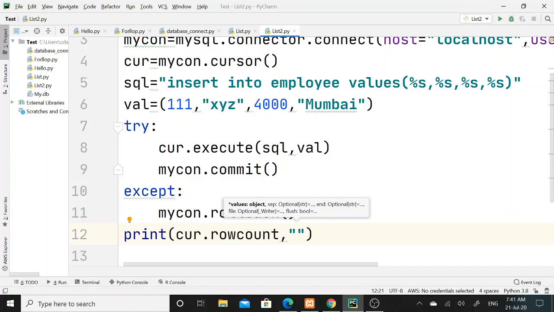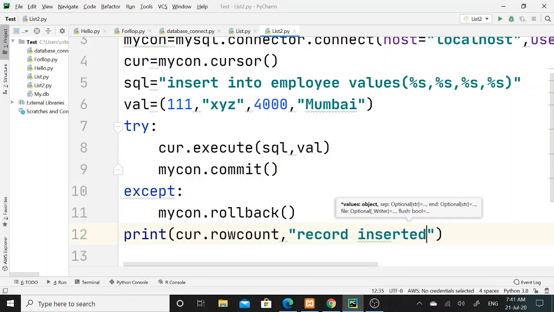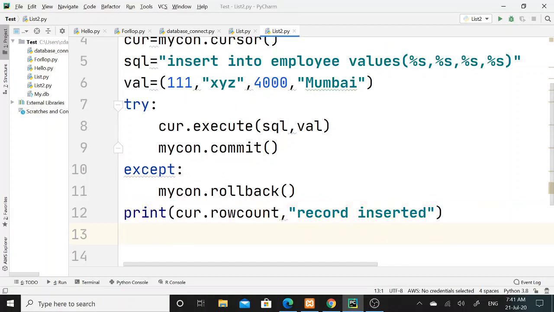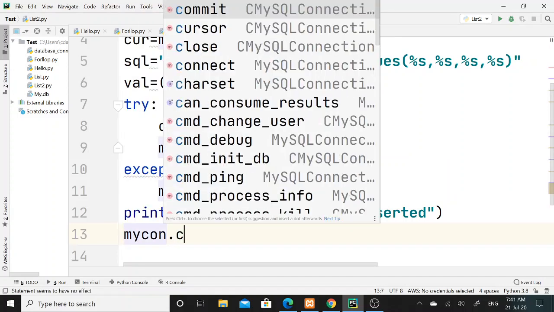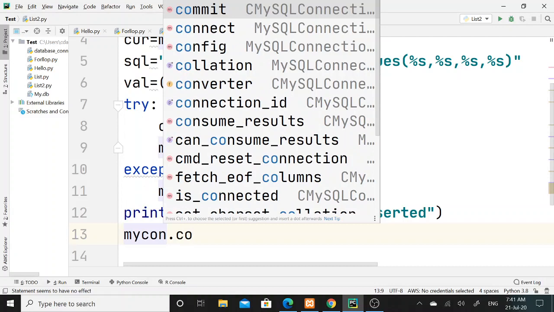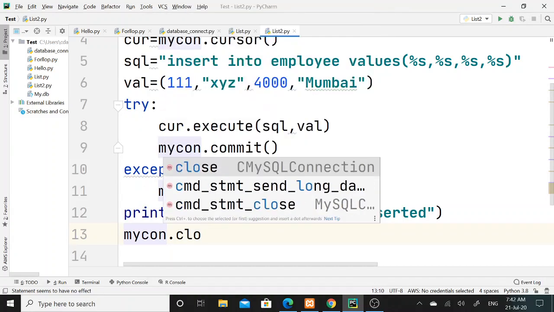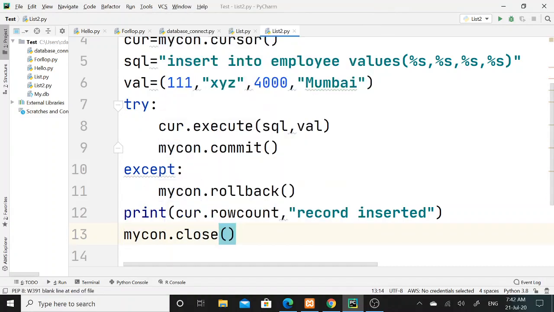Here again, using the comma separator, I will pass one string argument, record inserted. And at last I will close the database connection using the close function.